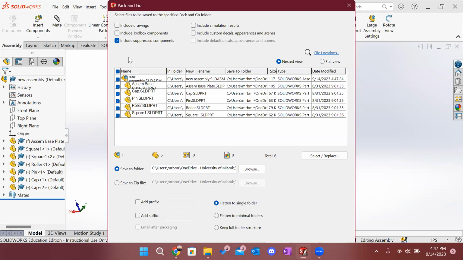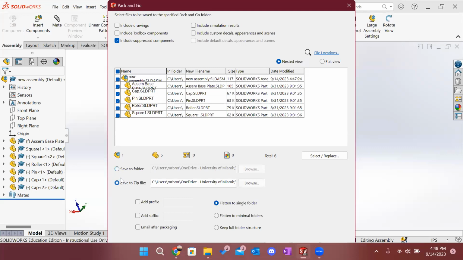And now I'm able to put all of the files that I'm working on. So say they're spread out across multiple folders. In this case, they're all in the same folder, but if they were in different folders and I want to make sure that all of the mates that I made get transferred over to the new person's computer, when they open it up, I'm going to use a Pack and Go. So basically what this allows is it's going to download all of the parts that are referenced on the assembly that you're working on, put all those parts with the assembly into one folder,